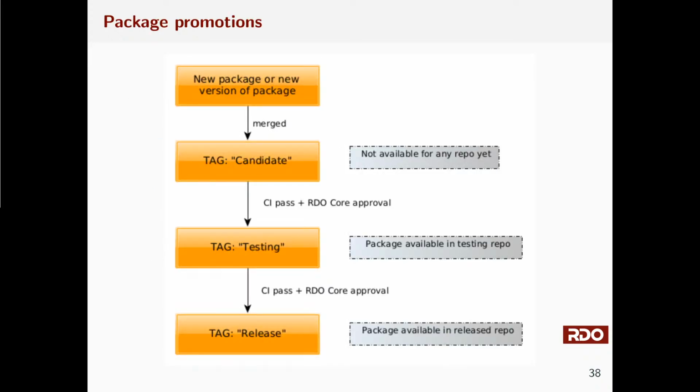How does it look on the schema? So let's assume we have a new package version merged. At this point, this package has a tag candidate. It's not available at this moment in any repository. But we have a CI job which monitors what packages are in a candidate state, and automatically proposes it to the testing one. After a set of CI jobs and approval of RDO cores,